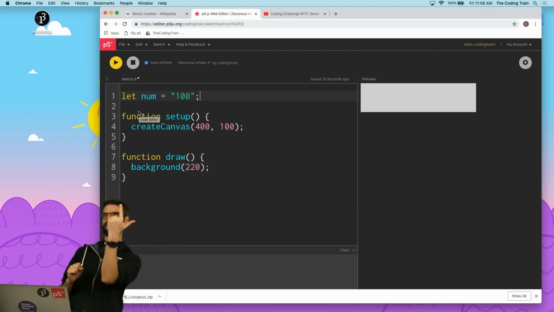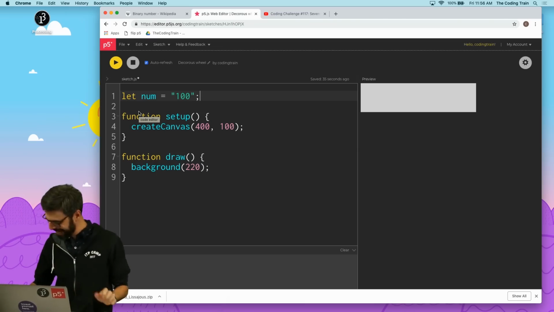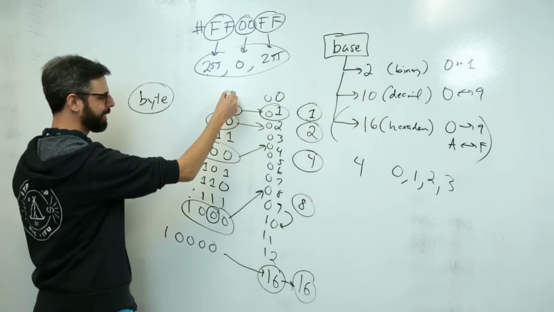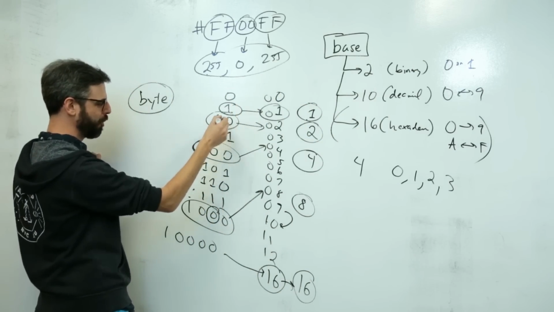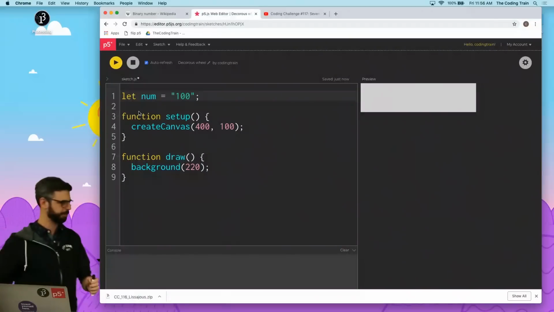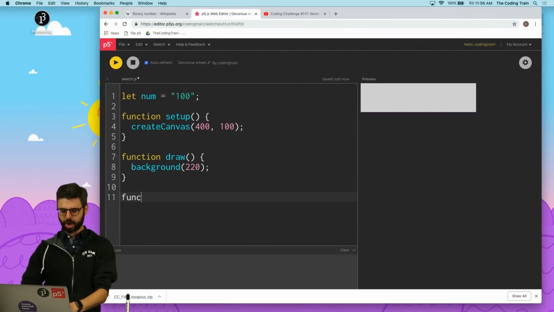0, 1, 1, 0. No, that's not 4. Yeah, it is 4. I lost my mind for a second there. This is 0, this is 1, this is 2, this is 3, this is 4. So if we do this right, we'll get 4. Okay, now I want to write a function. I'm going to call it